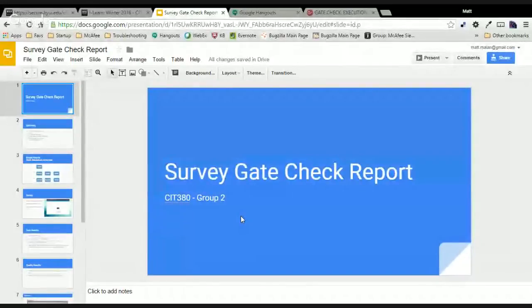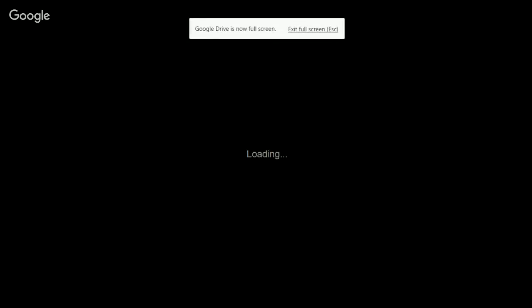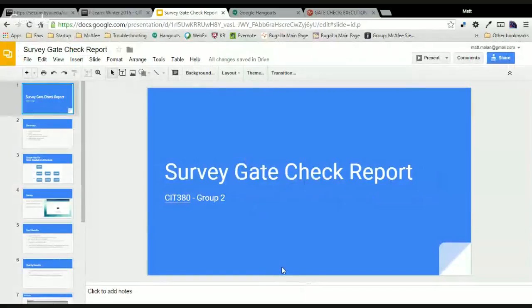This is an update on our project, our survey project for CIT 380. Let me go ahead and share my screen here. This will be our gate check for this week. Some of the things that I'll be covering